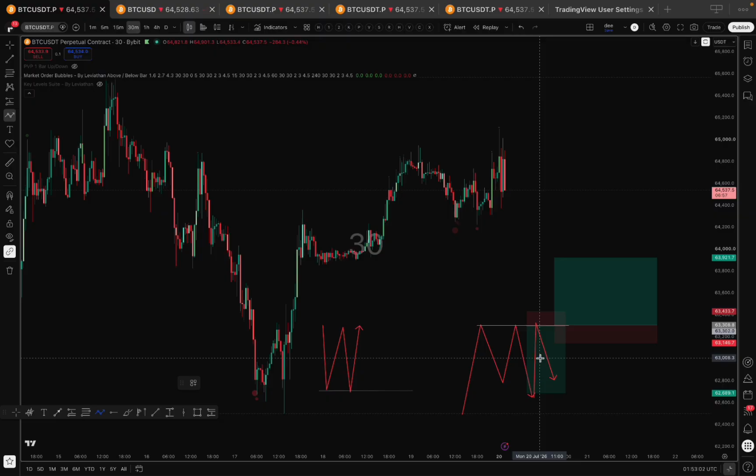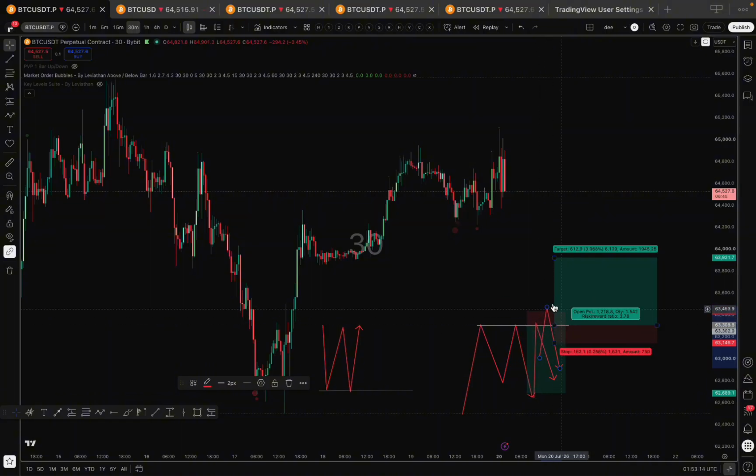Now, we have sellers at this point, right? Somebody sold here and his stop loss is here. So the market went above and came back below. So now this person that sold here was forced out of the market. The market took his stop loss. That's the market taking liquidity. And the people that bought here are now underwater. Their trade is in a loss. So they are likely going to close their buy position, which is going to fuel more move to the downside.